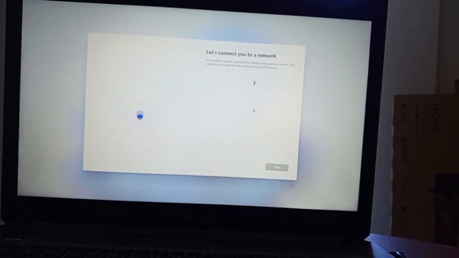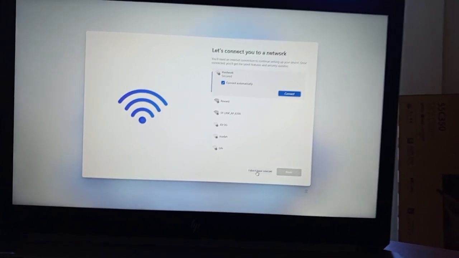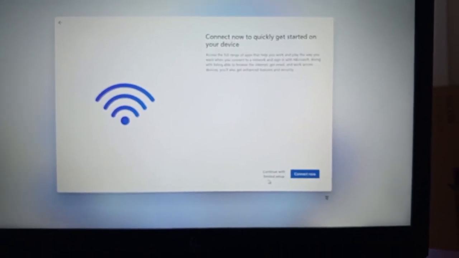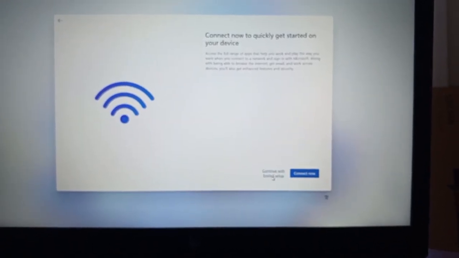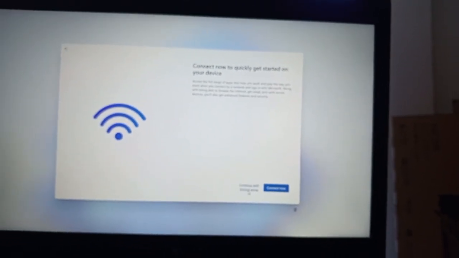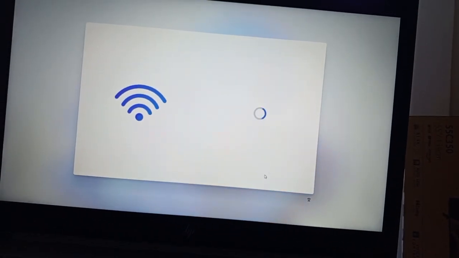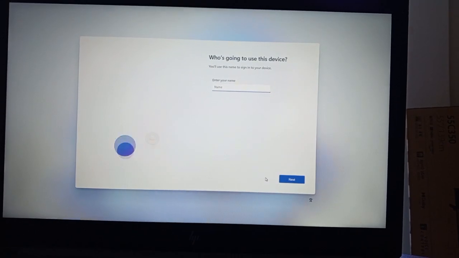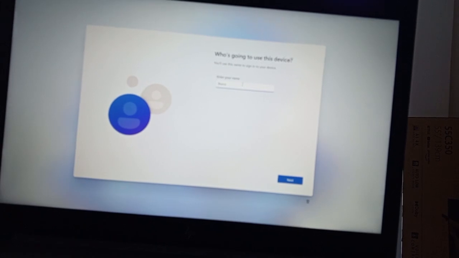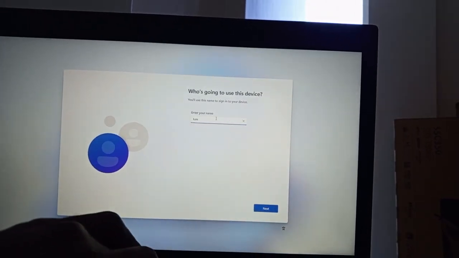here it will now tell you to connect to internet, but you say I don't have internet. This is the part where we needed the command prompt. So here you say continue without internet. This is the biggest part that we have been looking for. When you click on continue without internet, it will give you limited connections, but of course that is the part we want. You can write your name here, the name of the PC, you just type in it and